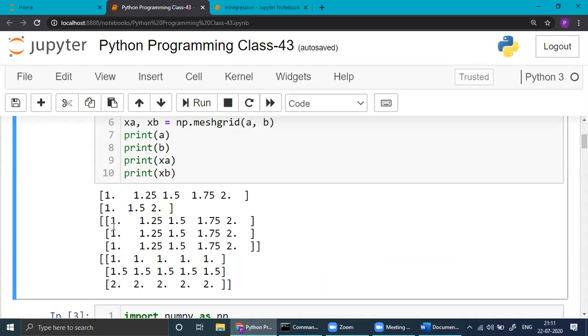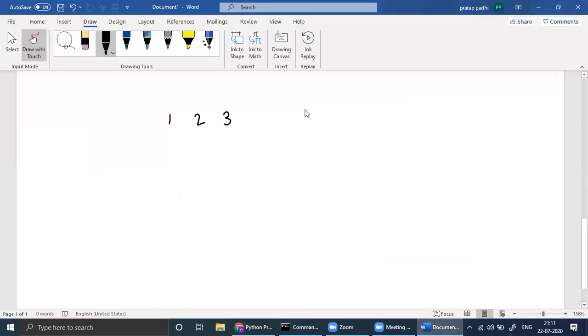But in XA, how is it repeated? All the numbers you have written, then you have repeated. Here individual numbers are repeated. So suppose here also I'll write 1, 2, 3. Here you have to repeat individual numbers. Here all the numbers.